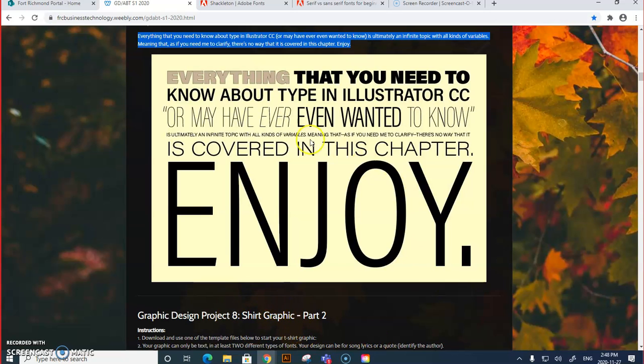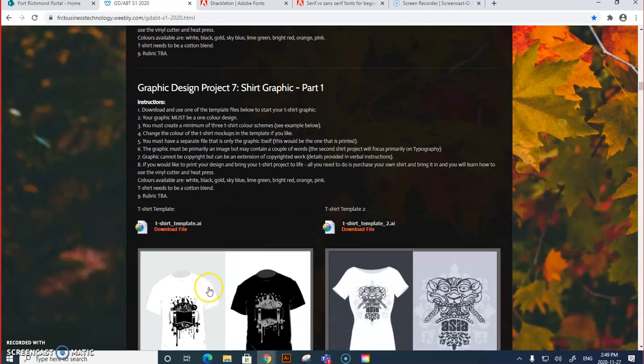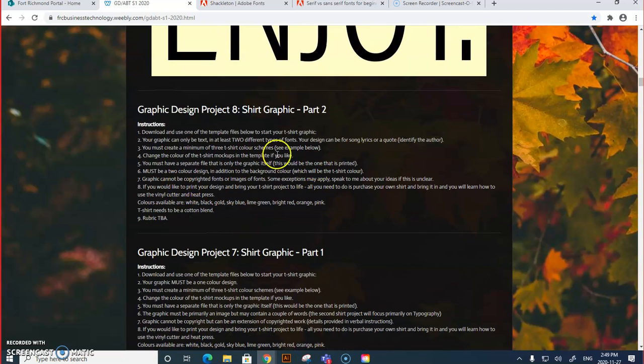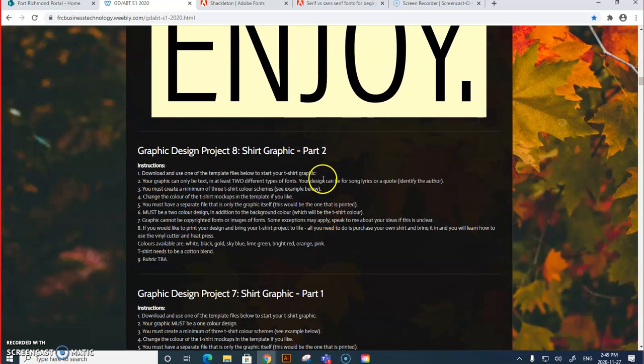Okay, so I want you to try this today. Even if you're working on the original t-shirt graphic, I want you to try this today. On Monday, there's no classes. There's no Teams meeting. Tuesday, this group is back, and you'll get a chance to start your shirt graphic part 2, which you are using just as either song lyrics